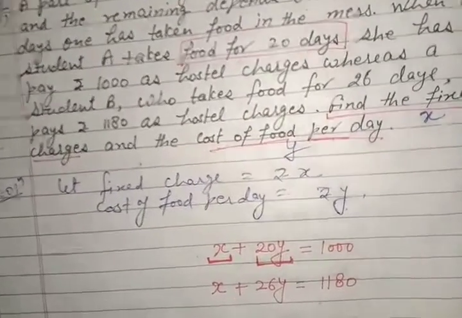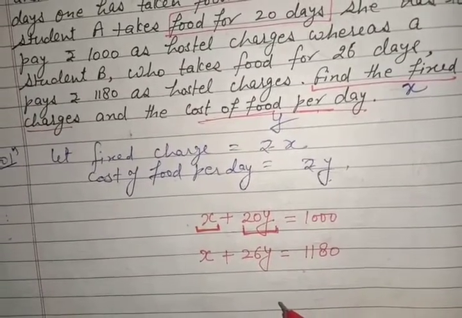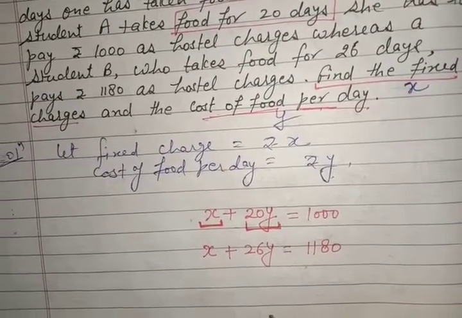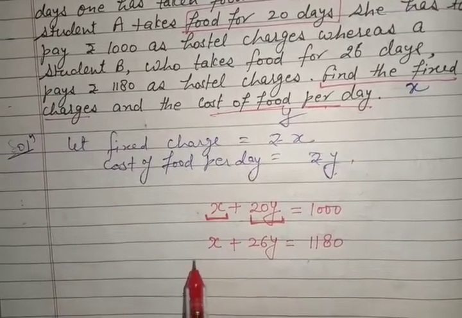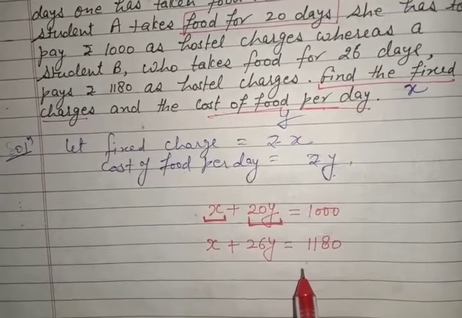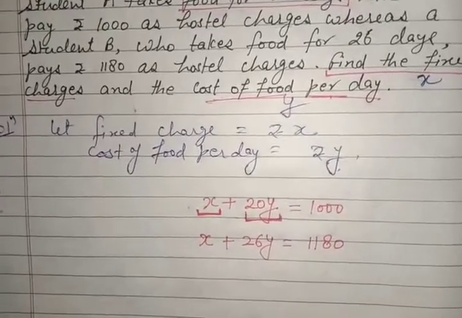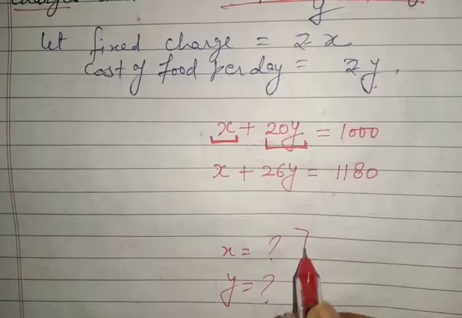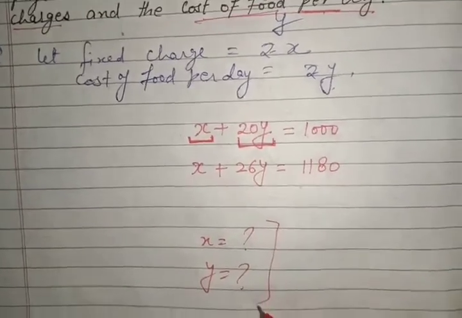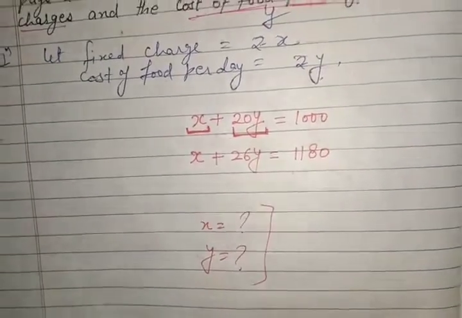This is a question of the cross multiplication exercise, but it is up to you. Now you know every method. You can solve it on your own by any method. Elimination is best here. If you apply elimination, then you can easily solve it and find out the values of X and Y. If any doubt, you can ask me in the comment box.